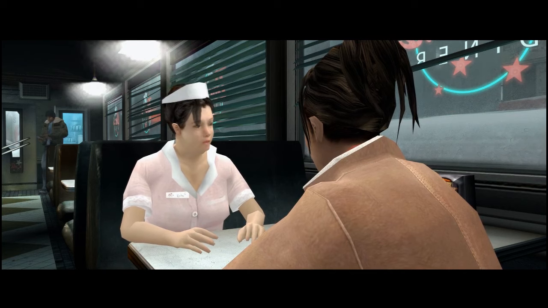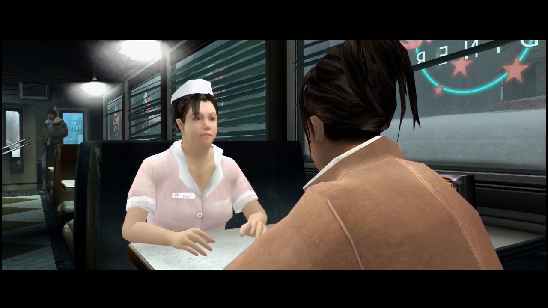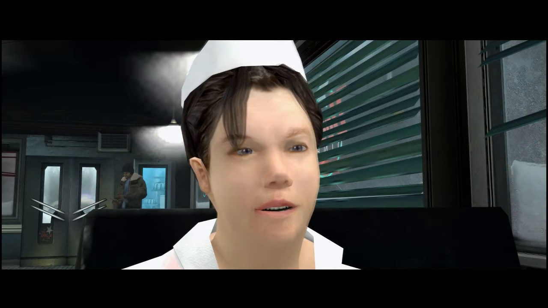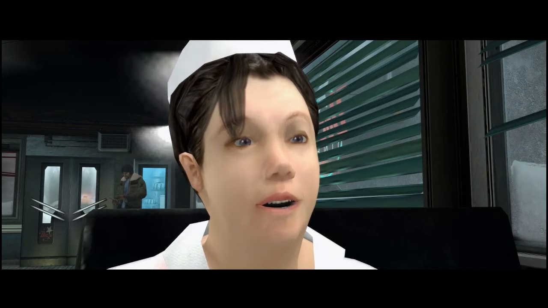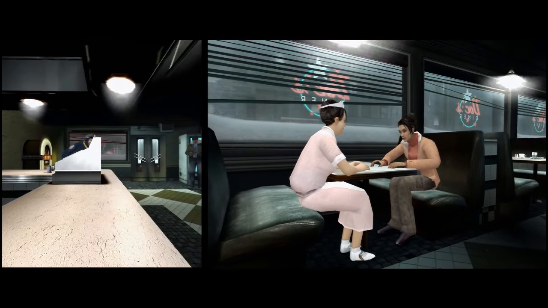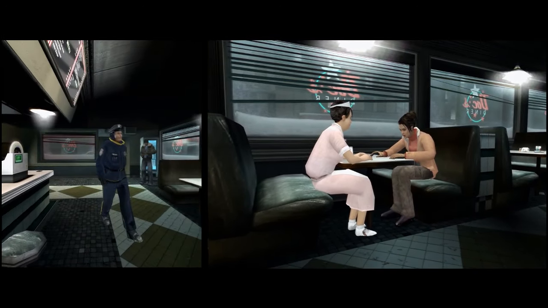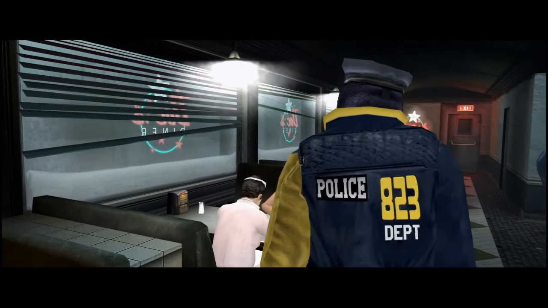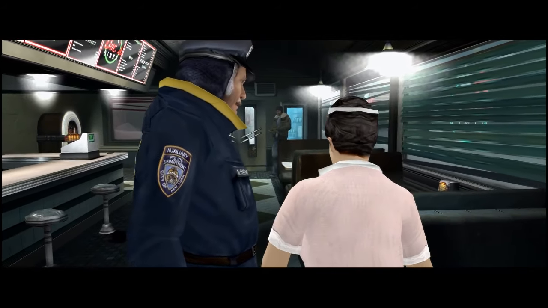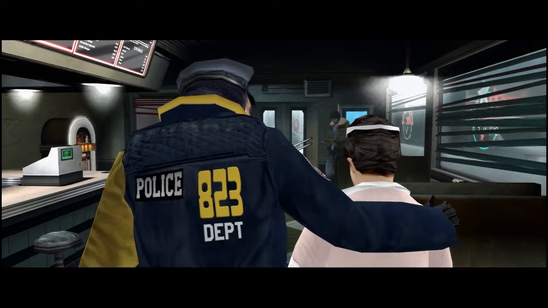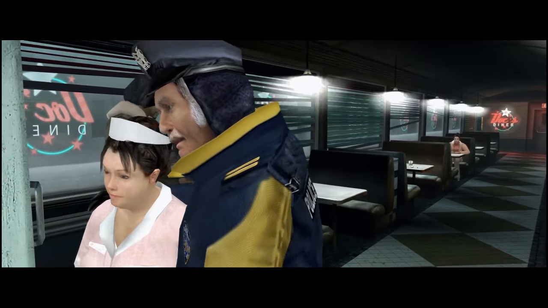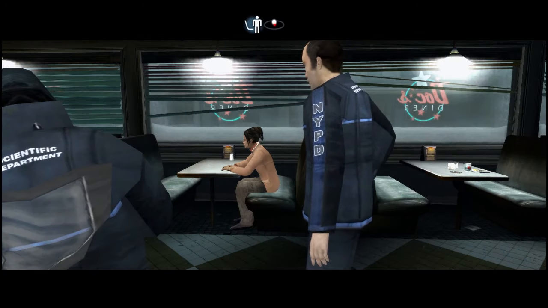Yeah, I'll do whatever I can to help catch him. Thank you very much for your help, Kate. I hope you find the bastard who did it. People like that just don't deserve to live. I promise you, we'll do everything in our power to find him. Go home now and try to get some sleep. Martin will make sure you get home okay. Good night.